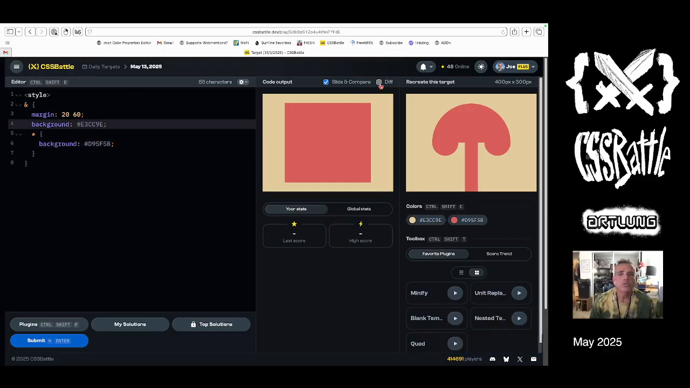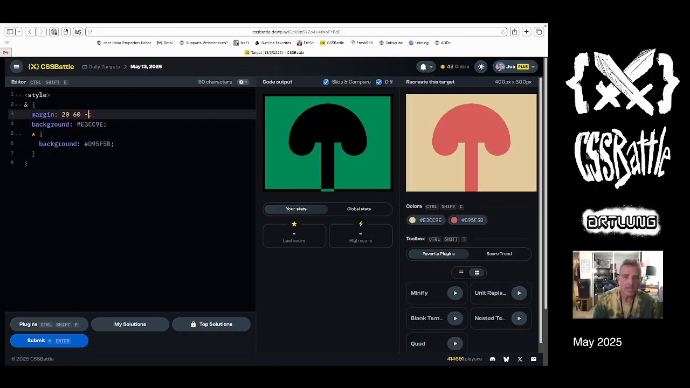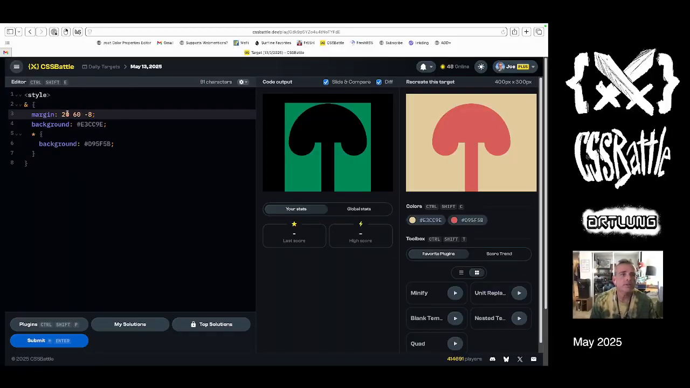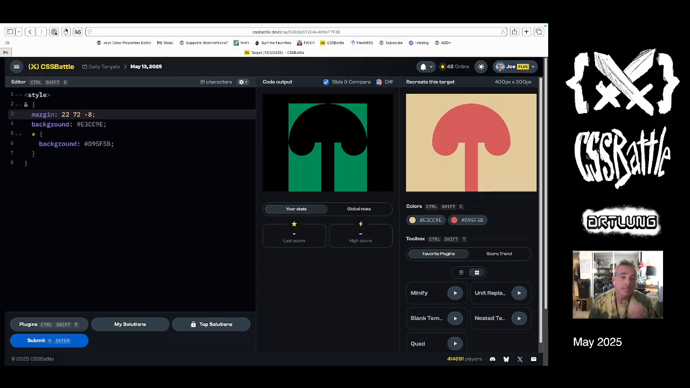And I'm going to use some margins to set, let's see, a -8 bottom margin to get it right to the bottom, 21, 22 margin on the top, 72 on the sides. Okay, so that limits it. And then I think what I want to do is